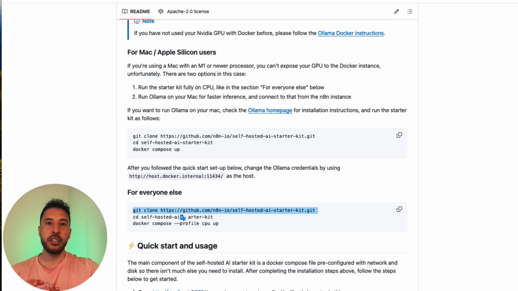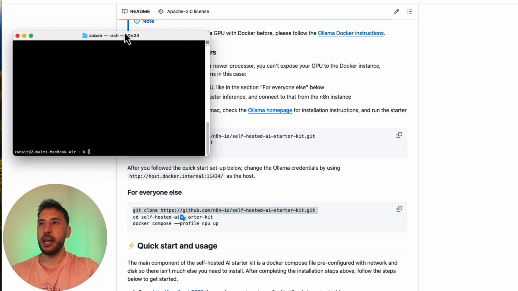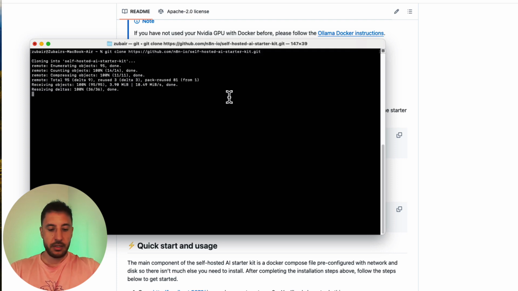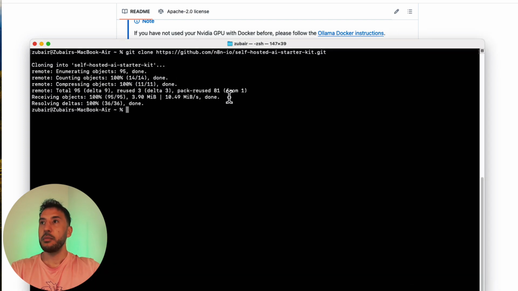Therefore, we're going to mostly use the Docker desktop app to be able to download everything we need. But for this step, we have to just clone this GitHub repo. So all we have to do is copy that and come to our terminal here. And all you have to do is basically paste it. And this is going to download everything. Okay, let me zoom in a little bit. There you go. All right, so that got cloned.